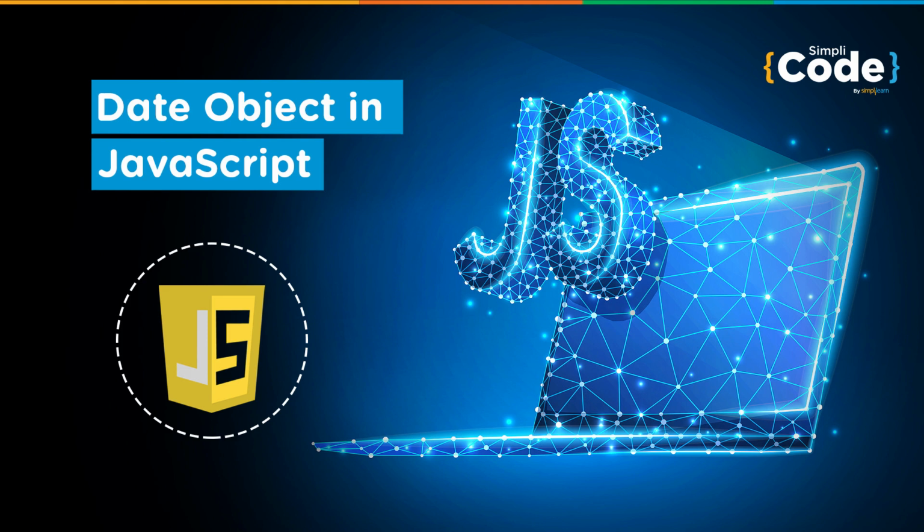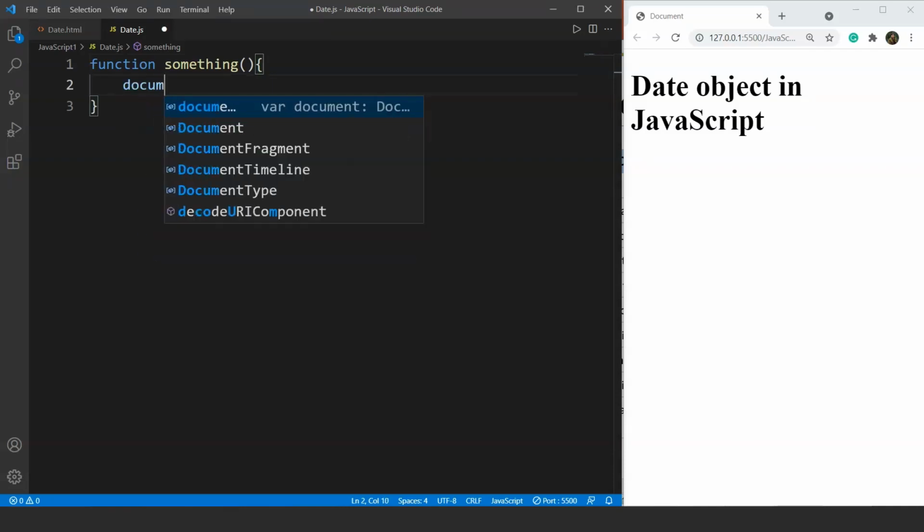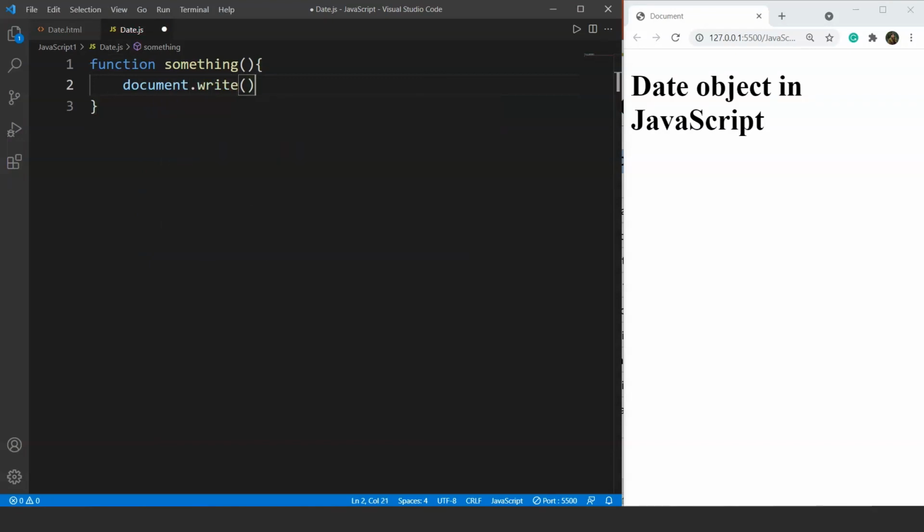So let's have a look at the syntax for the setInterval method so that you can understand it much better. Let's create a function here first. Let's say we have a function named something, and then we have open and close round brackets and the body of the function. This something function will print a string on the browser. Let's suppose we are using a document.write, and the string we are going to use is a basic string which we used in our previous program, that is welcome to SimplyCode. So this is our basic function which will print welcome to SimplyCode on the browser.